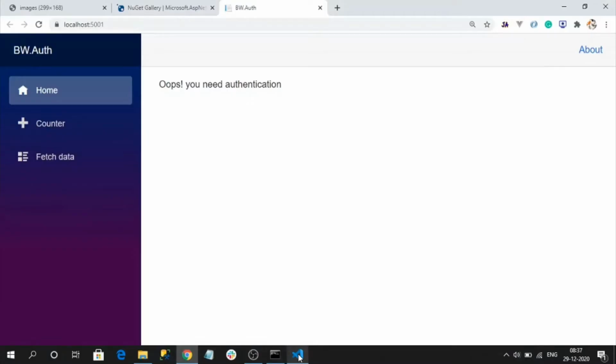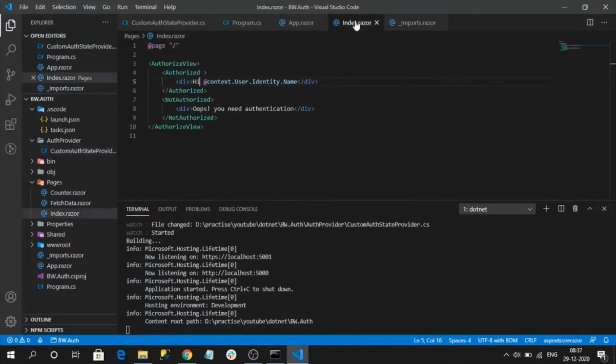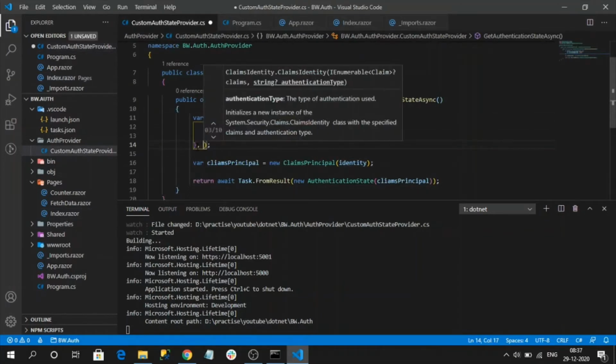Here we are getting not authenticated. We should get the authenticated output. What is the issue? We are faking our user ID. The problem is I didn't specify a name for our authentication type.